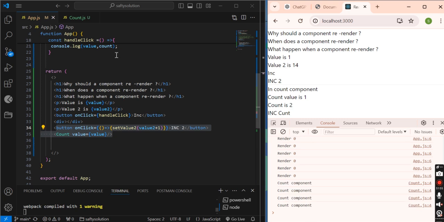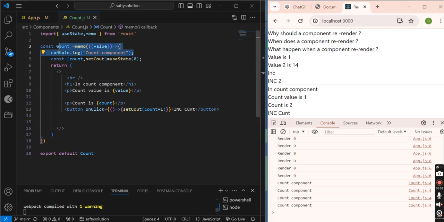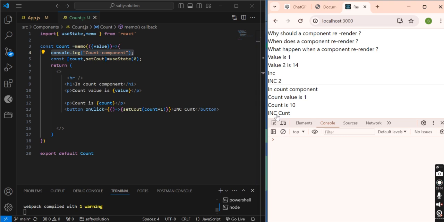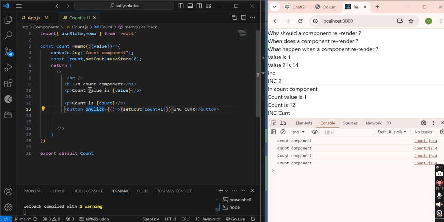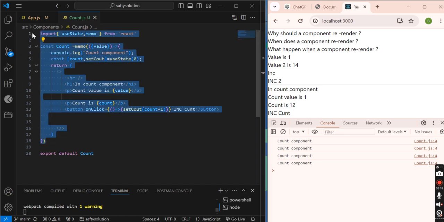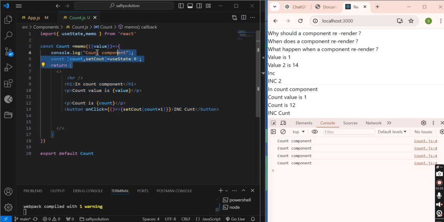See here, the child component is re-rendering, that's why it is printing only this one, but the parent component is not re-rendering. Because this set is present in this component only, it only re-renders when I am changing this value. So this is for it. I think we have given the answer to this question. Now this is the third question. What happens when a component re-renders?